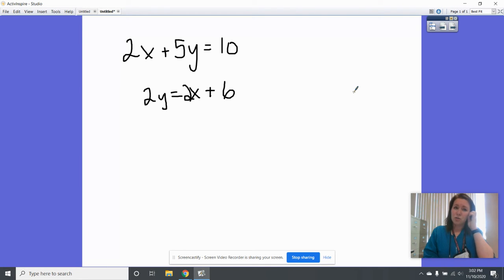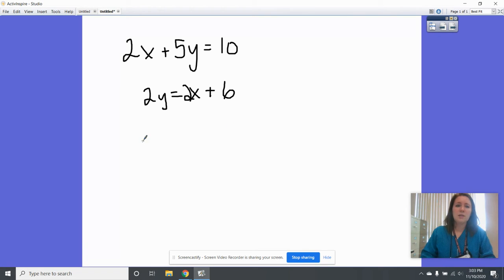Another strategy is you could solve both equations for y, then set the two equations equal to each other, and then solve. That'll give you the answer for x. Plug it back in to solve for y. And then the third option is what we're going to do today, and that is only solve one of the